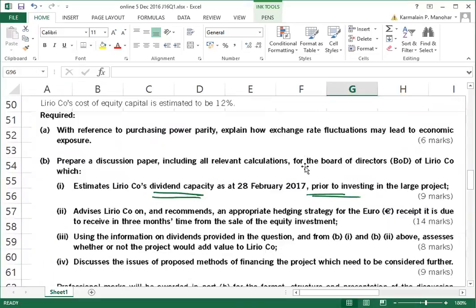I will email the answer sheet now for those who didn't get it, and advise and recommend on hedging strategy. We did that. Use the information to assess whether or not the project would add value. That's the tricky bit we'll do down here. So we still have this part 3 outstanding. Let's complete that tomorrow, and we'll overview these discussion areas, as well as we will do, as planned, some mergers